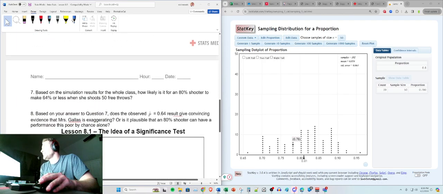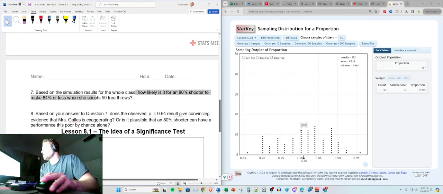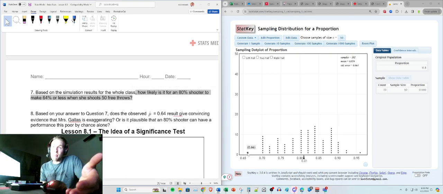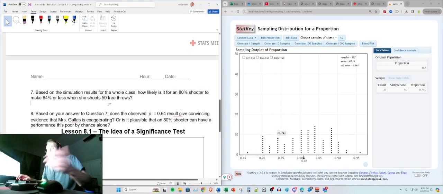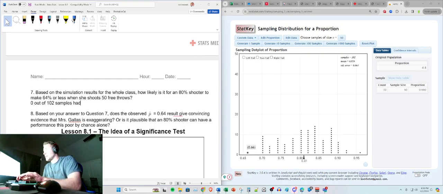Okay. Now, based on the simulation results for what I've done here, how likely is it for an 80% shooter to make 64% or less when she shoots 50 free throws? Well, we didn't have it ever happen. So out of the 102 trials, how many times did that occur? It didn't happen at all. Okay. So really anything below this, we're going to say this was 0 out of 102 samples had 64%